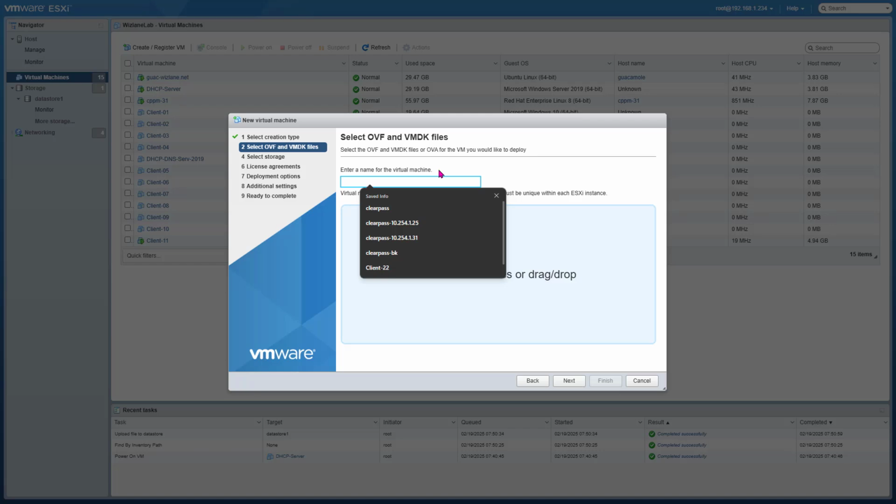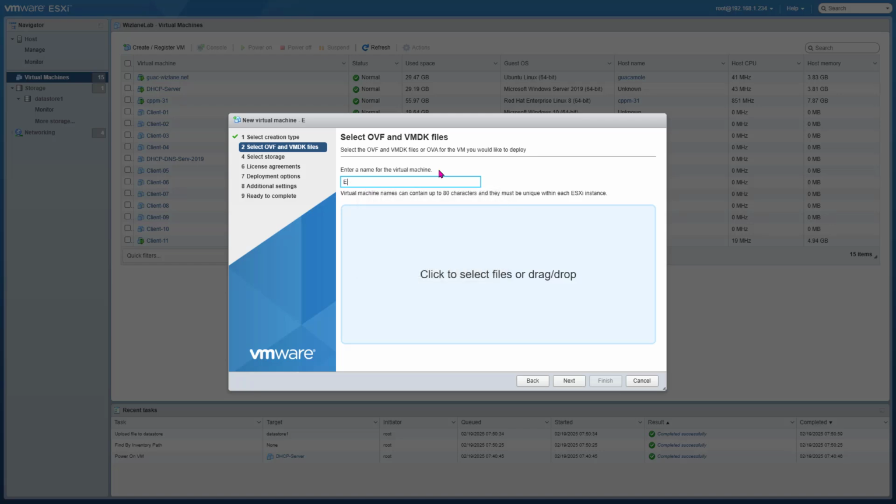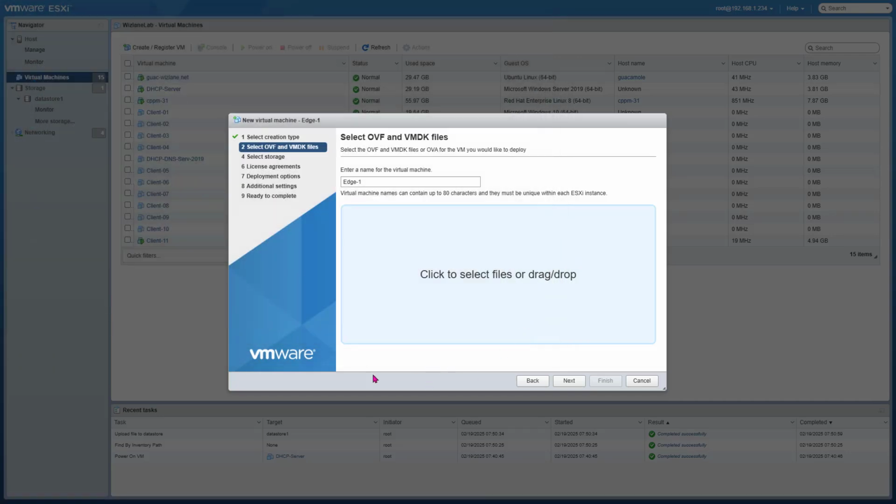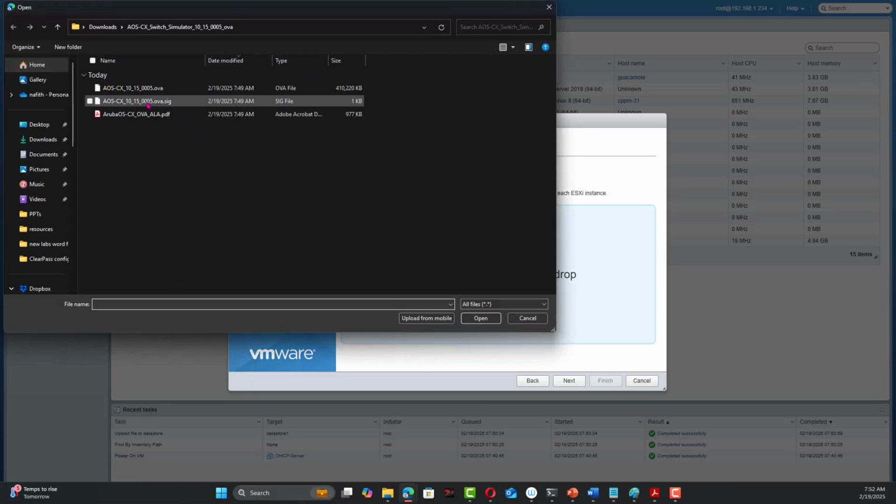Let's call it Edge 1 and Edge 2. So we're going to do Edge 1, and then select the file. Click on this, and select this file,